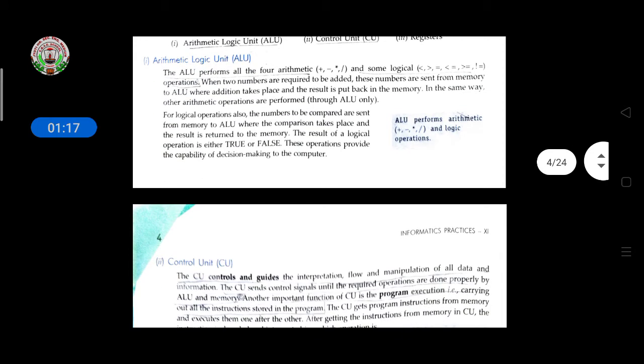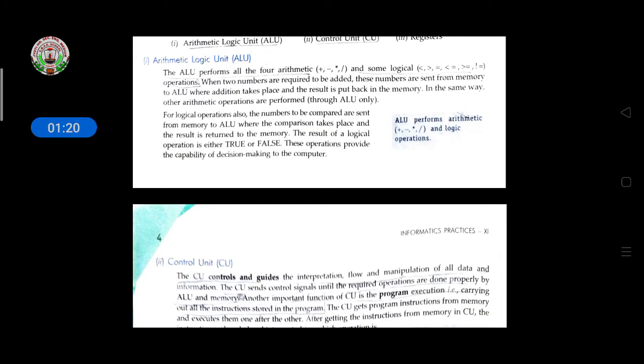It means if you are giving instructions through input devices, at the time of processing, the CPU does the processing work, and some processing tasks are handled with the help of some components in the CPU: the arithmetic logic unit, control unit, and registers. And know that the CPU is also called the brain of the computer, and it works all computer work. Then come to the arithmetic logic unit.